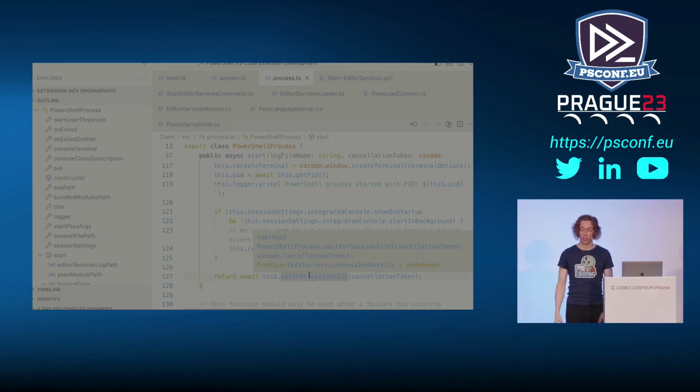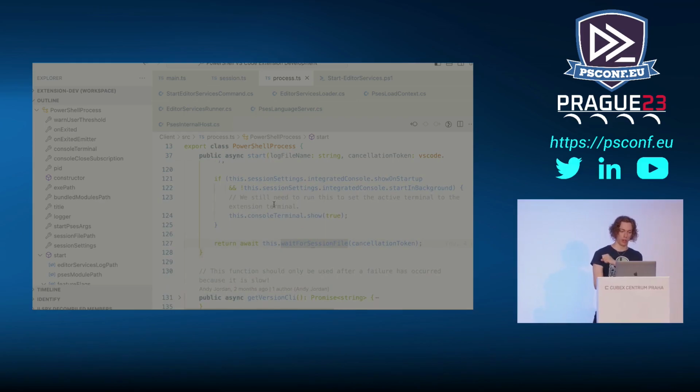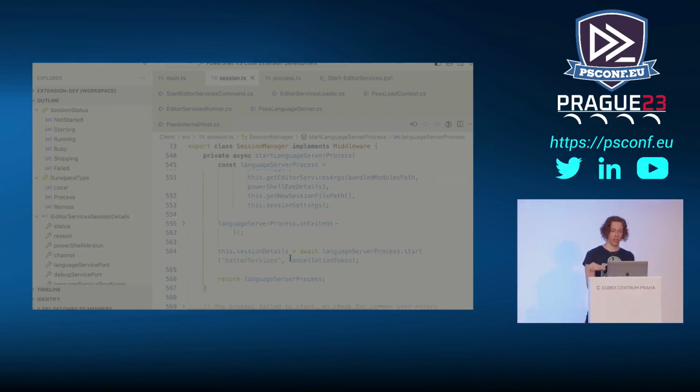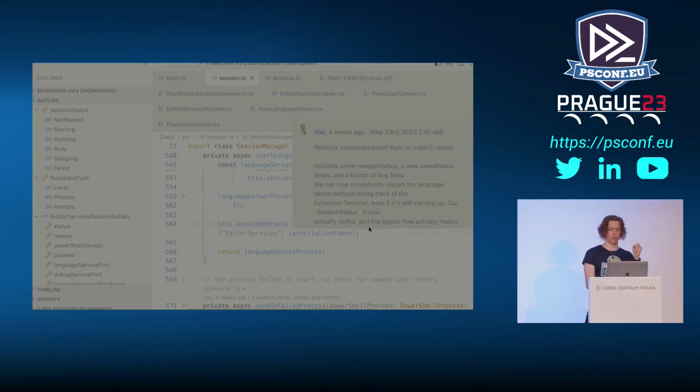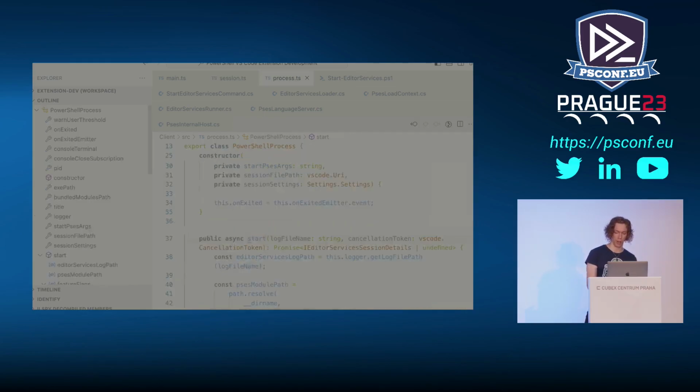So we have a shared bit of information, which is the file location of a session file. And we write a tiny little bit of JSON into there that says, hey, we've started, here's our status, and here's where the pipe is to connect to me. So once that file exists, the client goes, cool, I've got the info, I can connect to it on a named pipe. And you'll see that we come back to the session, and we can actually start. Well, that's the on exited. We can call start on the language server process itself, which might not be great, well named. But yeah,